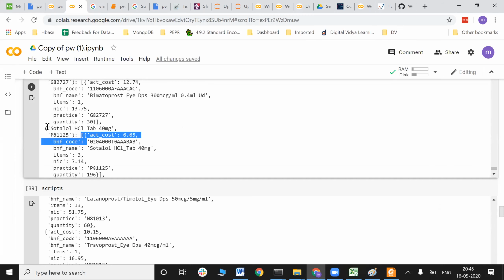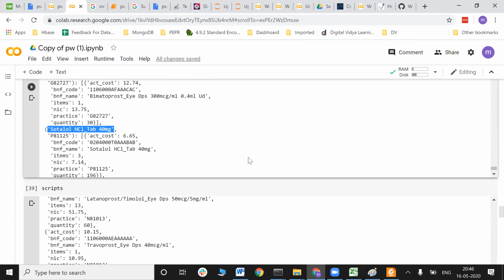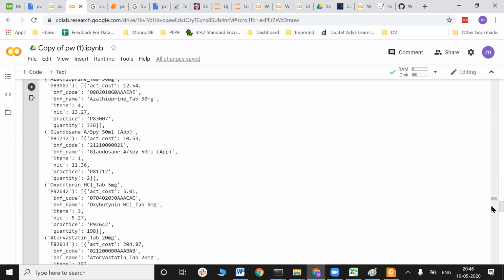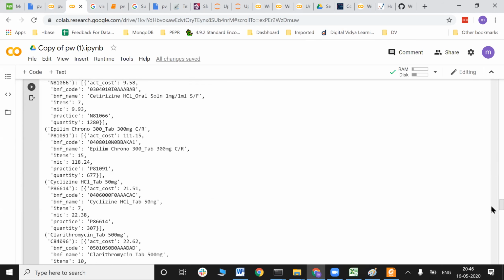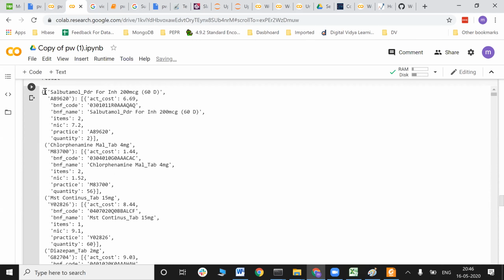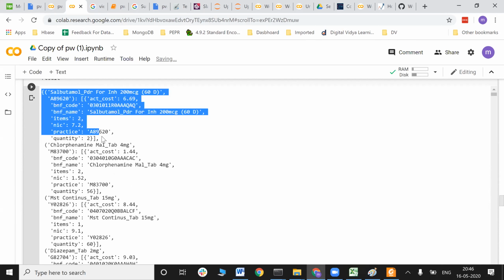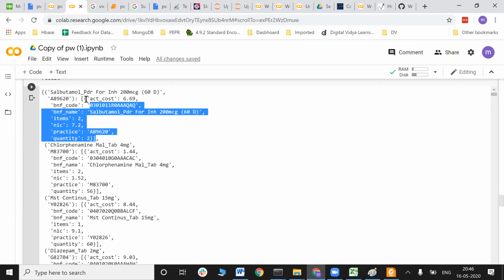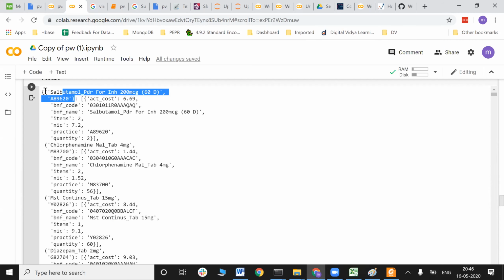Let me show you the first value so you can be clearer. See, this is my key, right? And in this key, this is my tuple number 1, okay? And this is my value, which is part of my list. So you can see the list is starting here and ending here. So this is one list, and this is my group of my BNF name.